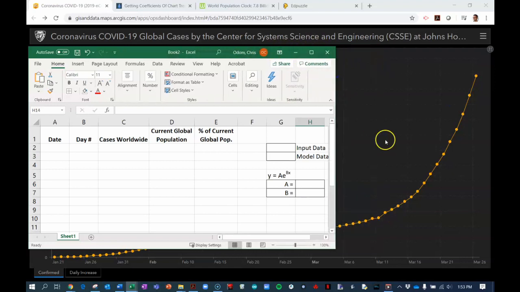Gotta get my act together here. Apologize. So on the 12th, there's 145.2 thousand cases. Okay, so I come over here and I write